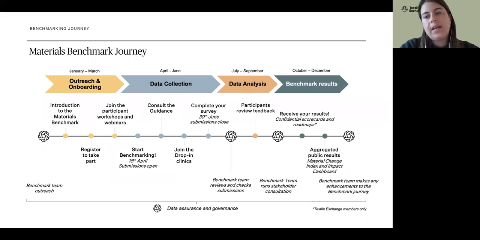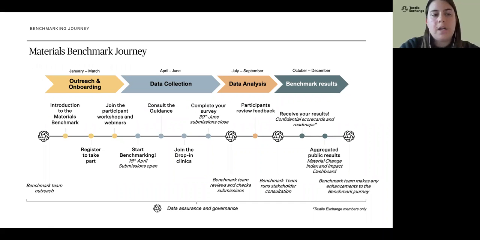So this is really how the year looks in the benchmarking journey. The cycle now will start in the beginning of the year and close at the end. Again, this is very important for us because we are eliminating the gap between when you're submitting the data and when we are giving you the results of the benchmark.